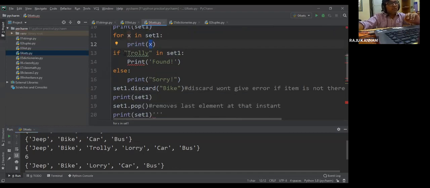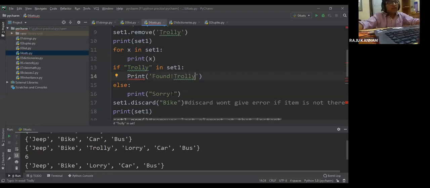And again, I'm using the if statement also, just as a revision. If trolley is available in set one, we are printing found trolley.